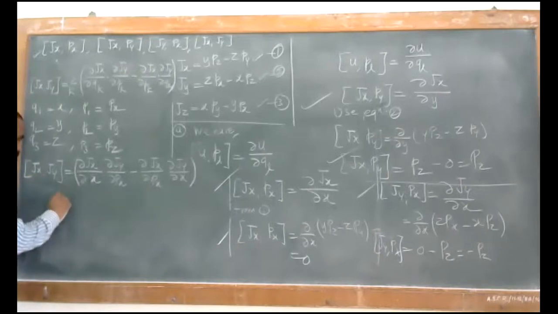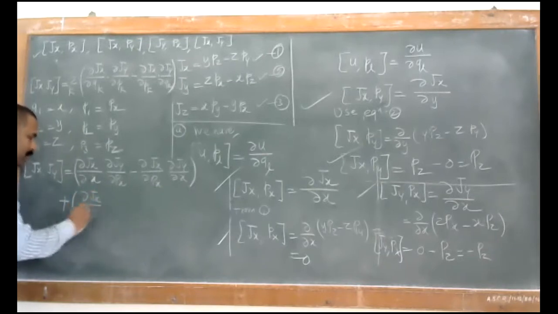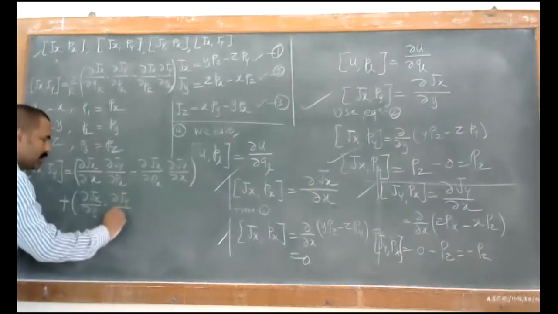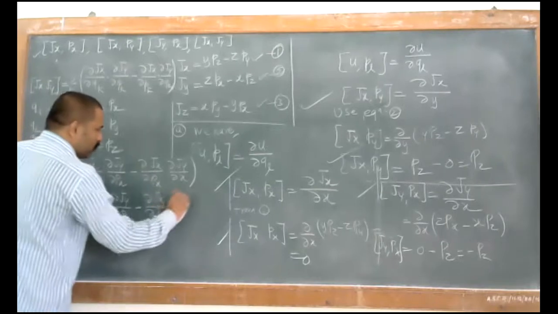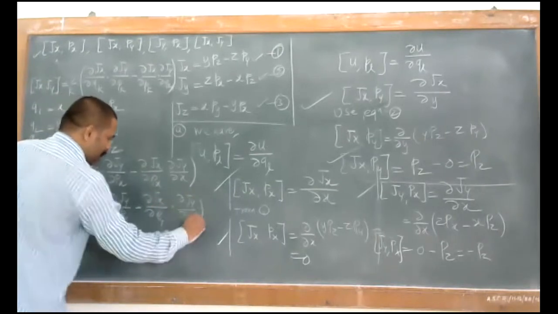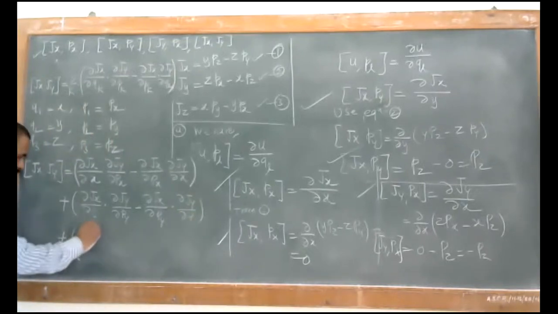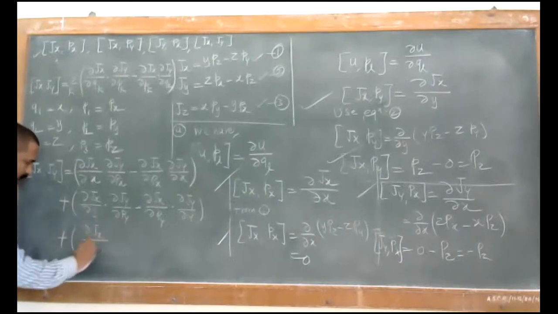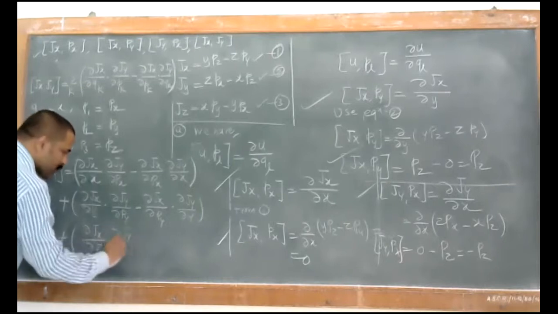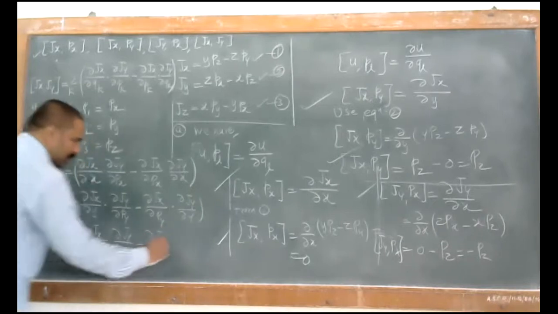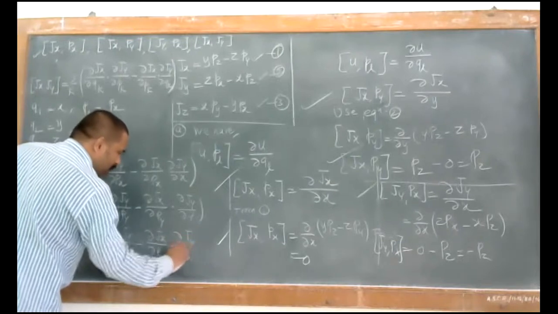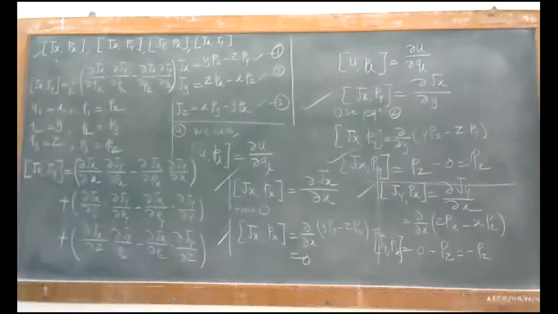What about the second one? The second value is with respect to your variable q2, that is ∂Jx/∂y into ∂Jy by the second thing, that is py, minus this ∂Jx/∂py into this ∂Jy/∂y. And the third variable, that is ∂Jx/∂z into ∂Jy/∂pz minus ∂Jx/∂pz into ∂Jy/∂z. Everyone notices that all three variables x, y, z are used. This is for the first thing, this is the second and this is for the third one.